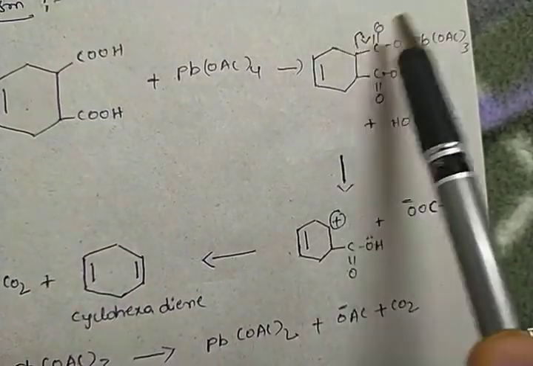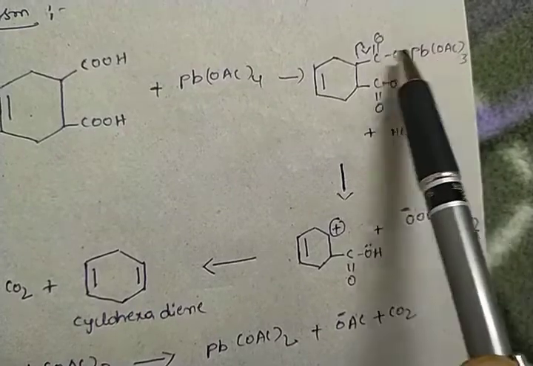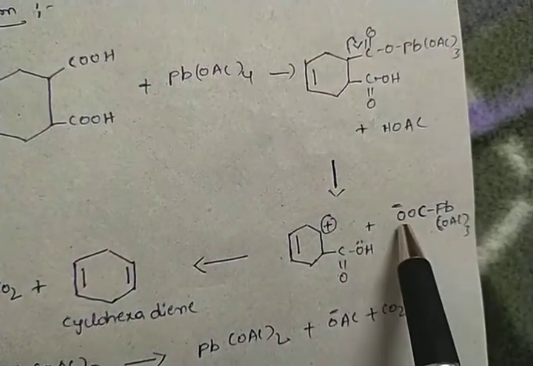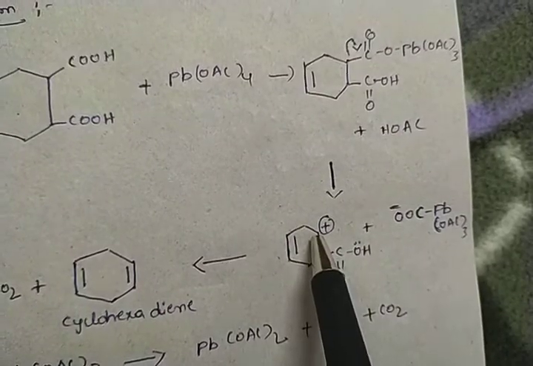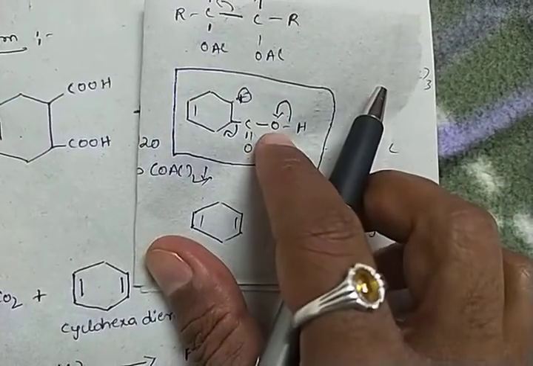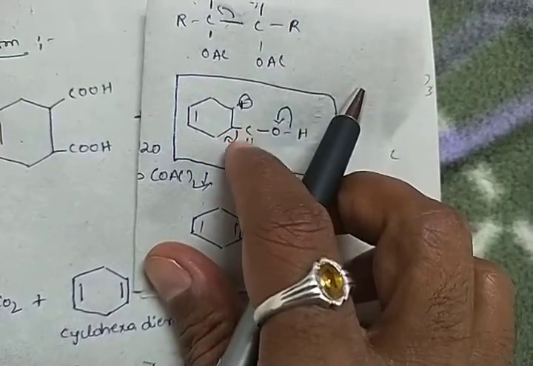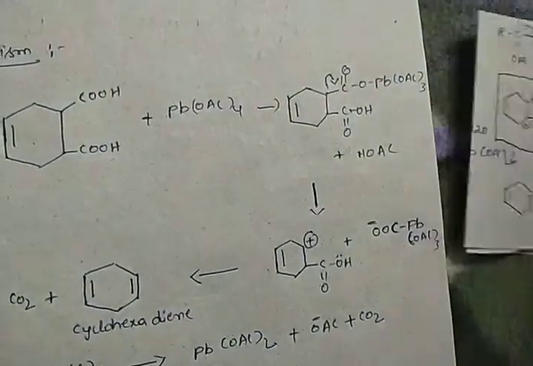So here this carbon, the lead acetate, one more lead acetate, and this carbonyl will be liberated completely, like this one. Okay, here the carbon acquires the positive charge. So use this simply, my dear friends. So hydrogen will give the pair of electrons to oxygen, and this carbonyl group will give towards the carbon atom, so it will get the double bond formation. So that's what I have written here.